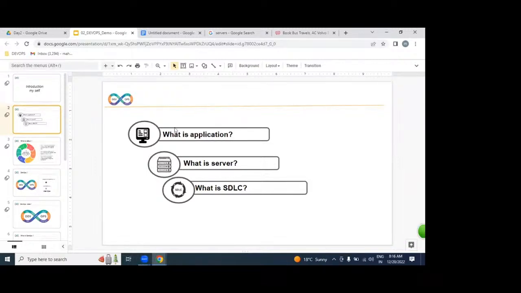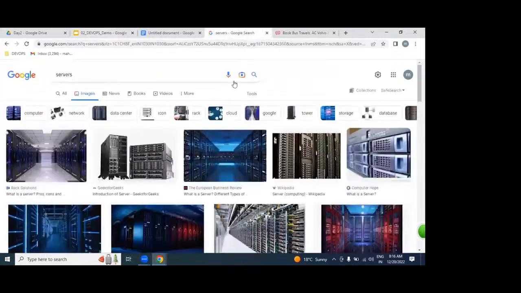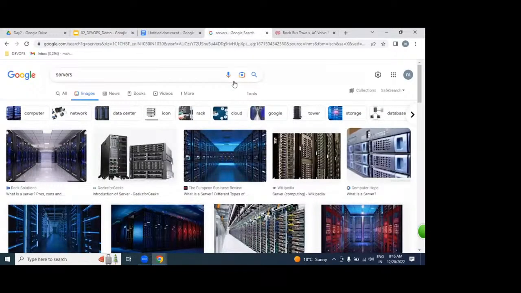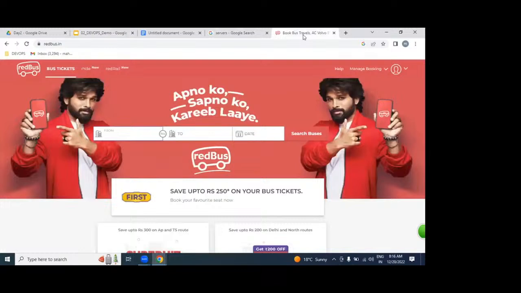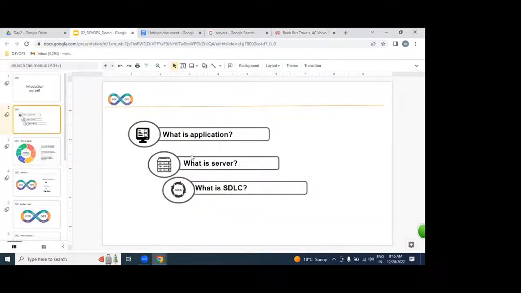That application is placed on hundreds of servers. Once it is placed on hundreds of servers, we access it over the internet as a website. This we call an application. But what is the server? What is the purpose of a server? How many ways can we get a server? We can get a server in a physical environment, a virtual environment, or a cloud environment.